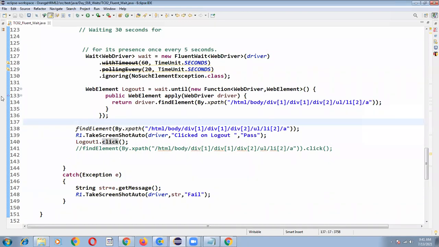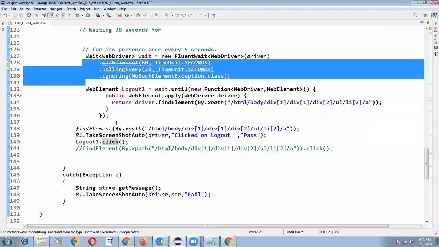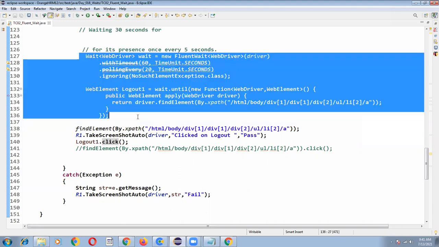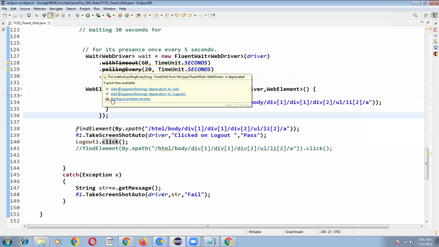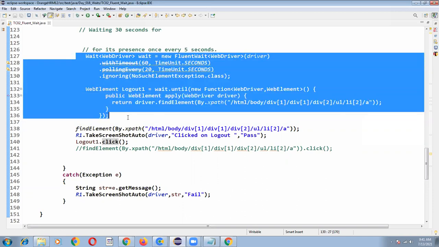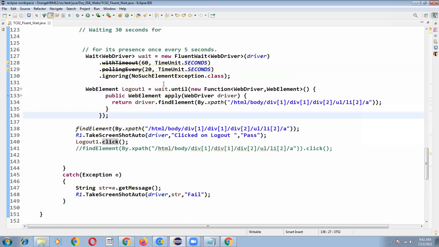If you want to write the conditions like that, you can go with fluent wait. But normally, see here, the method name is also struck out, so it's deprecated. Nobody is using this fluent wait. In both cases, suppose the web element is loading in the 35th second; in the 36th second itself, the web element will perform the operation immediately.